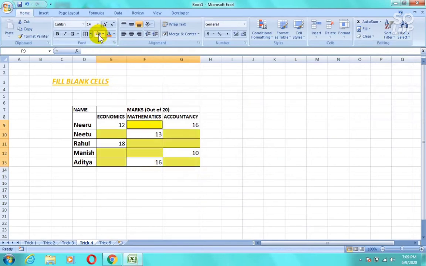Now all the cells which are blank will be highlighted. Now simply give any color to these cells and now you can type whatever you want in these cells, like I have typed 0. So simply press Ctrl plus Enter. Now you will get 0 in all your cells. You can easily fill your blank cells like this.